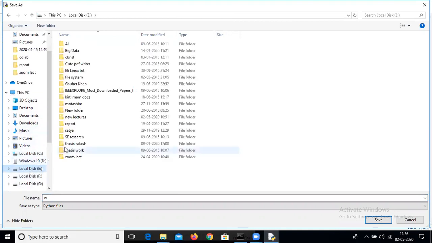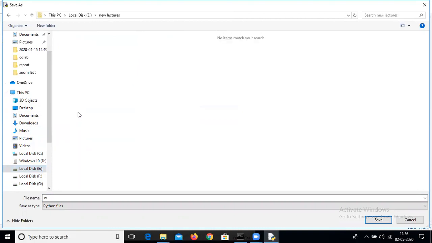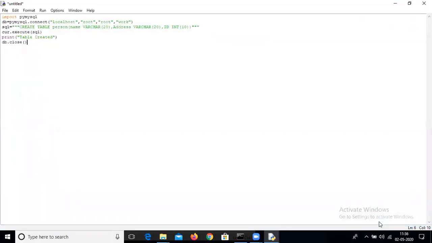Local disk E, New lectures, db1.py. Save this file. Now I'm going to run this file.